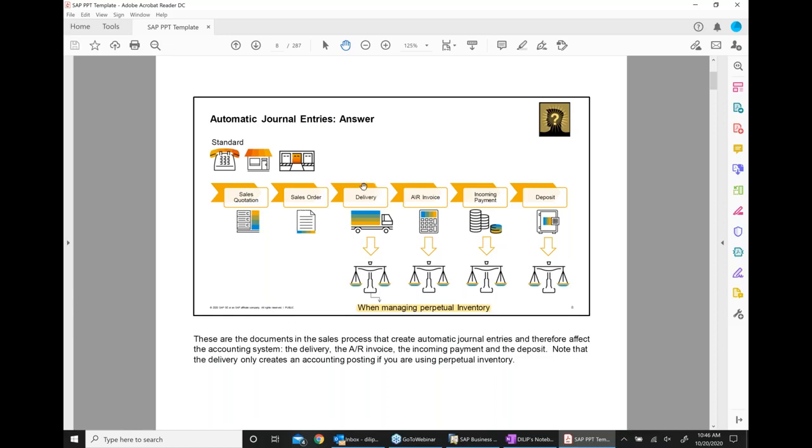Then at the time of delivery, now look at this end-to-end diagram. When we create a delivery, at that time there is a journal entry. We saw that. When we create a customer invoice,